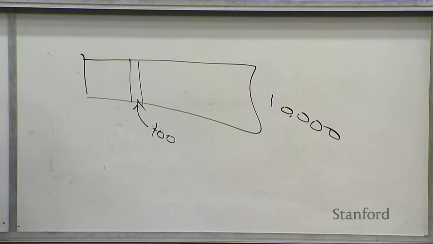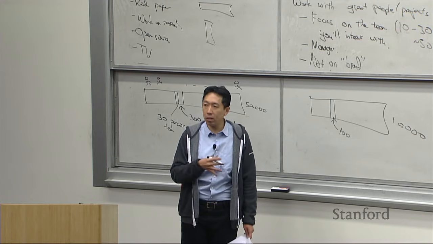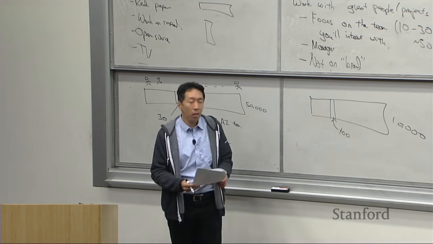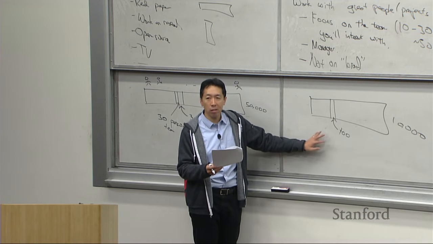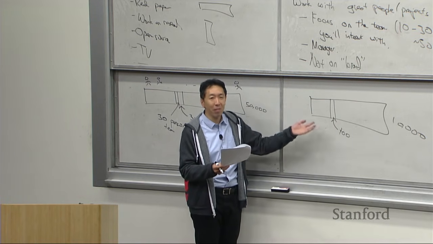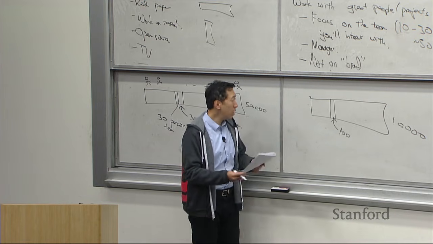There's a huge variance across teams within one company, and that variance is probably bigger than the variance across different companies. Does that make sense? And if a company refuses to tell you what team you would join, I would seriously consider doing something else, if you have a better option. And then finally,